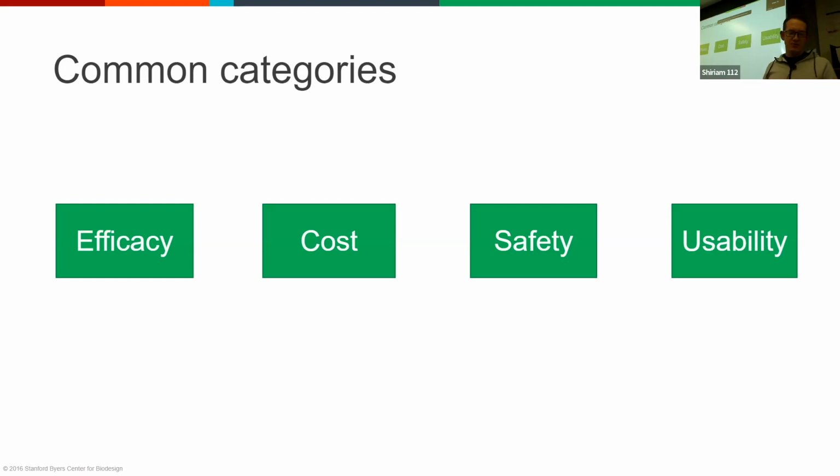So cost is a tricky one because no one can tell you the number, and it requires some guesswork. It requires, I think, a lot of careful thought, a lot of discussion, again, iteration. And we like to think of it as the threshold above which your solution cannot cross to be acceptable to the market or the stakeholders. Or you can also frame it as a reduction in cost related to the current treatment, whatever that may be,